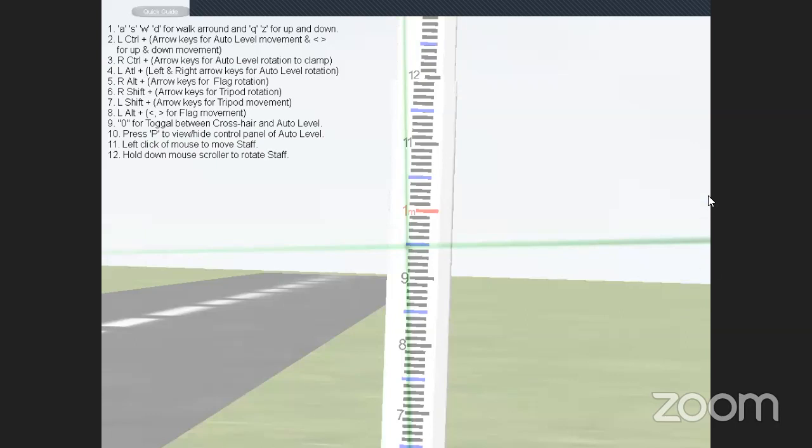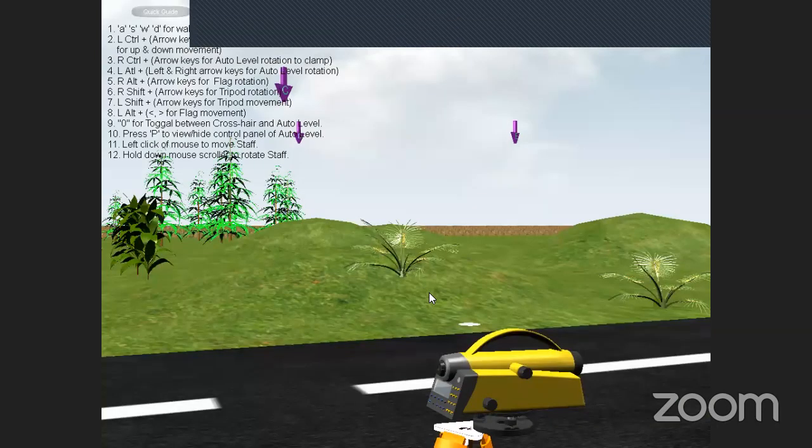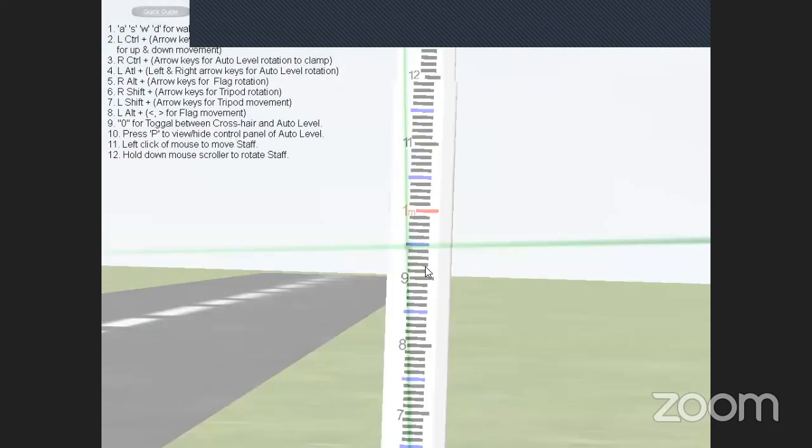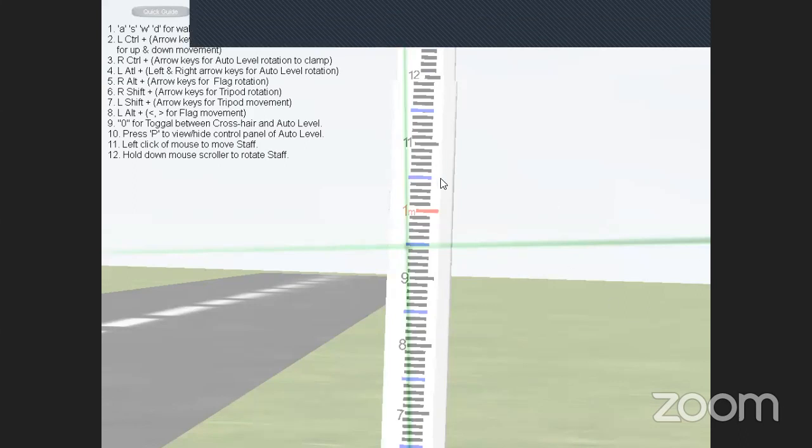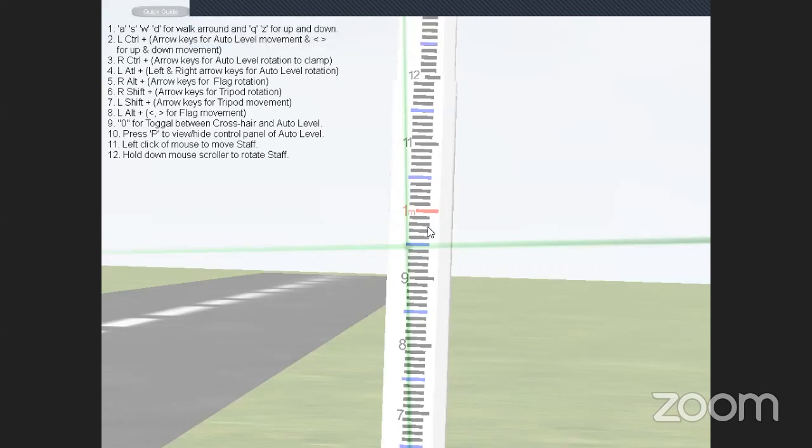Now just note down the reading. The reading is 0.95. How have we done this? First, you keep the staff approximately. Then you rotate the staff with reference to the telescope position by using the middle button of the mouse.